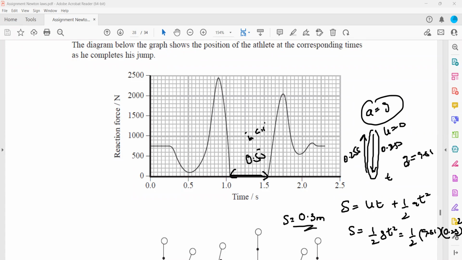You can also take the first part of the motion. The reason why I did not take the first part is that if I take the first part, the final speed is 0. Then first I have to find the initial speed, and then from the initial speed I have to find the time and the displacement. The initial speed won't be 0, and acceleration will be due to gravity. I have the time, so first I'll find the initial speed, and from that I have to work out